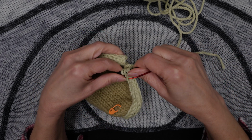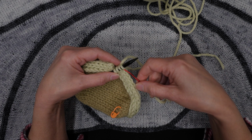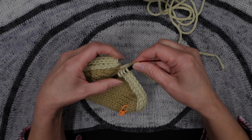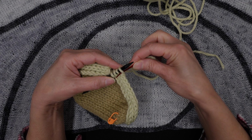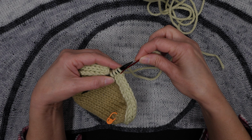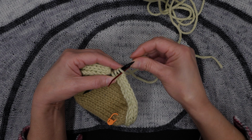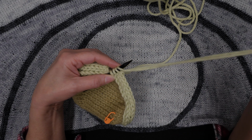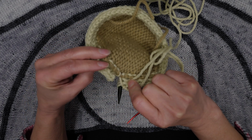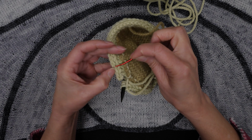Okay, so then, as if I am working in icord row, I'm going to knit this first stitch. And to do this, I'm going to go into that stitch from under it, like that. They call this as if to purl, but I'm just going to use under or from the top. So under that stitch, pull that yarn through, and then I'm going to rotate the work until I can identify that first column of